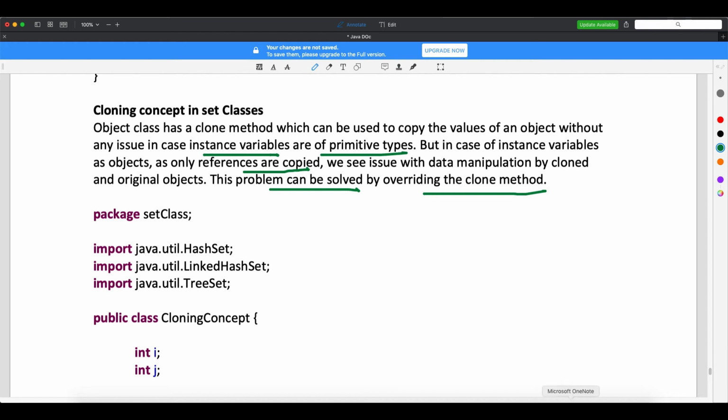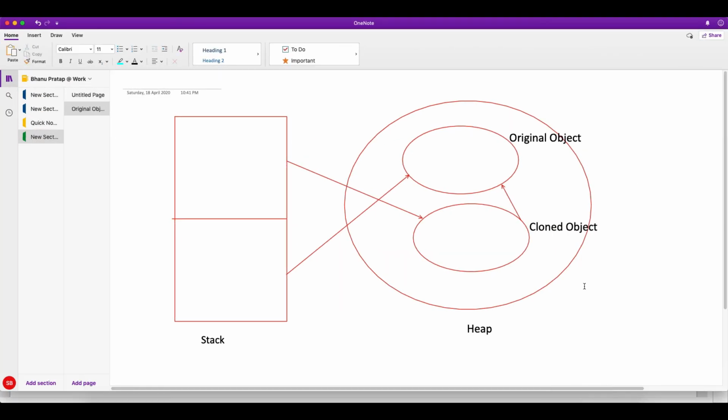Behind the scenes, look at this. This is your stack, where you have the references. Let me increase the size to 26. You have ref1 and ref2, so you have two references.